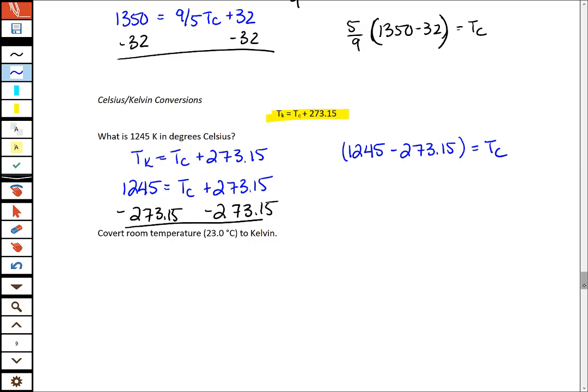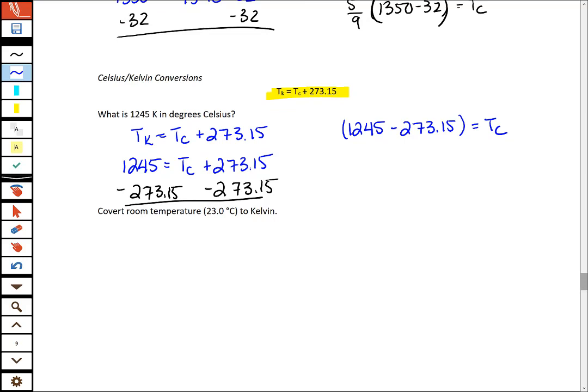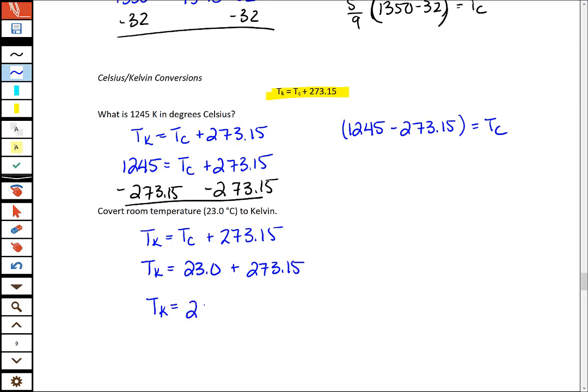So you can do the same thing the other direction. You are given your temperature in Celsius, and you want to convert it to Kelvin. So you're searching for Kelvin. You plug in room temperature-ish, depending upon what you think room temperature should be. Everybody's a little bit different. And you add those together. So when you add these together, finally one that I don't need, I can do in my calculator of a brain. I am going to end up with